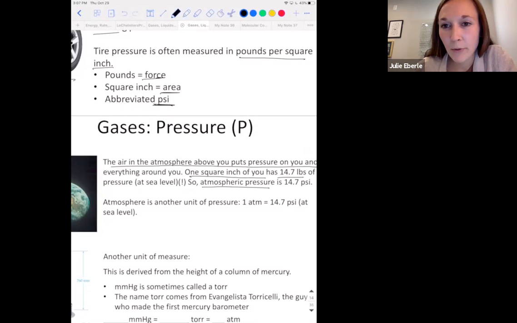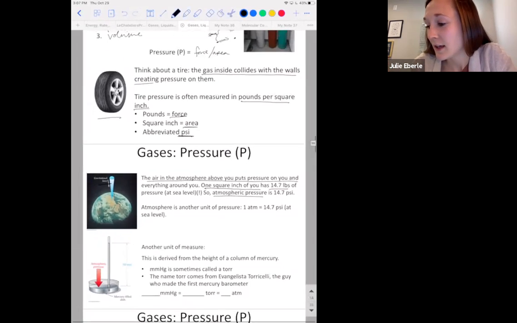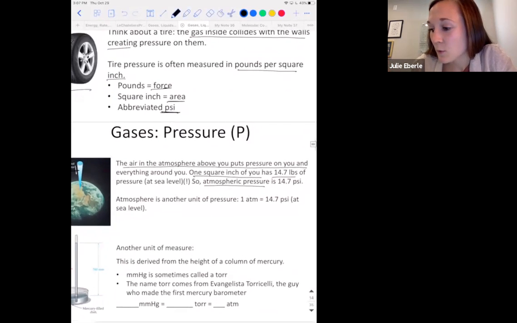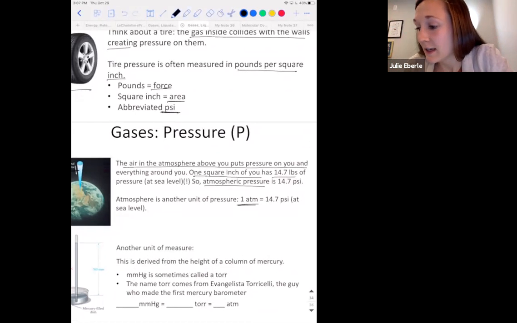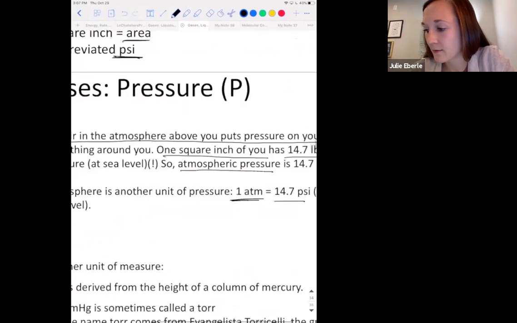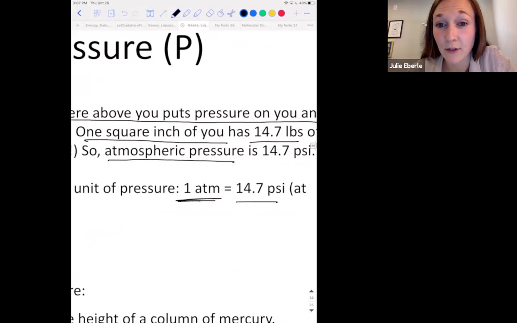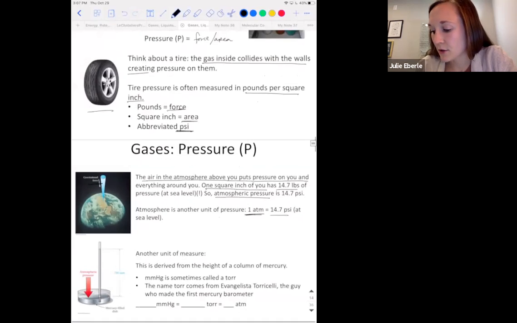Go pick up a 14.7 pound weight. That doesn't feel very light. But it just feels natural to us. That's just how we live. So all that to say, 1 ATM, 1 atmosphere of pressure, because of the actual atmosphere pushing down on us, is equal to 14.7 psi. So that's another unit, and that's how they're related. We could use that as a conversion factor, and we will in a little bit. Another unit of pressure, though,